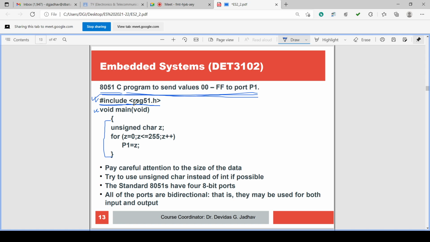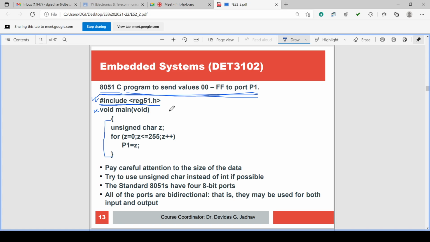So this header file is included: hash include reg51.h. In this header file, the ports are defined. Port addresses are in SFR space, P0 at 0x80, P1 at 0x90, and so on.